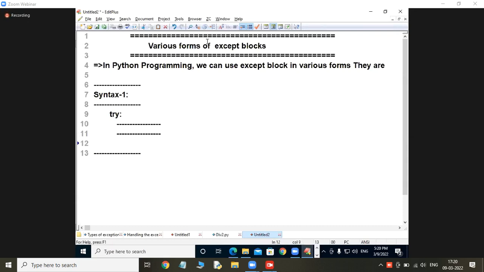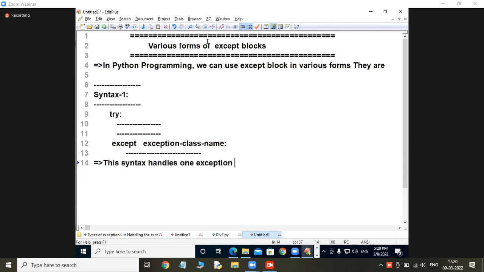Block of statements. What will I write here? Except. Come on, which name? Exception class name. Beautiful. What will I write next? Block of statements generating which message? Good. This is the syntax. It handles one exception at a time.